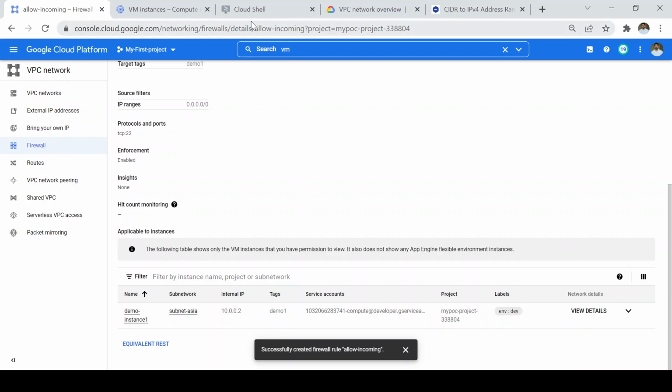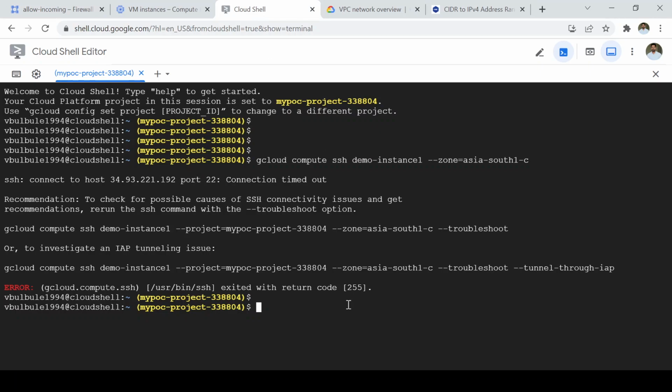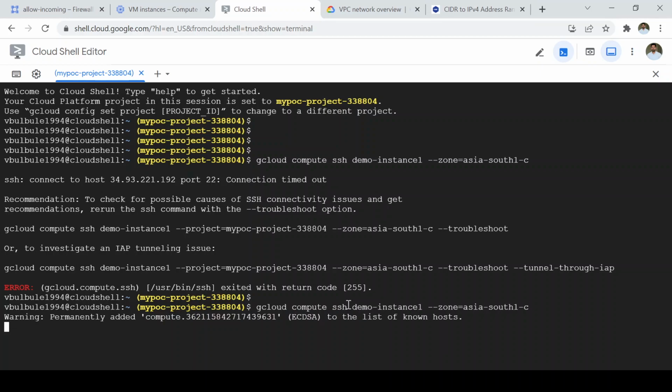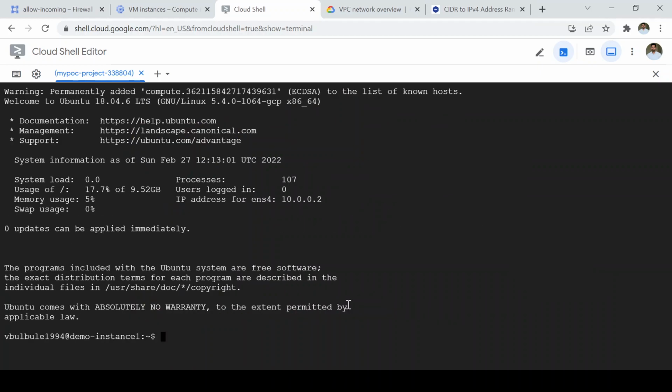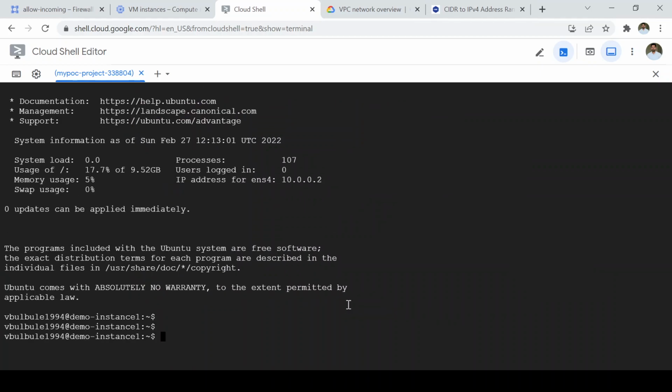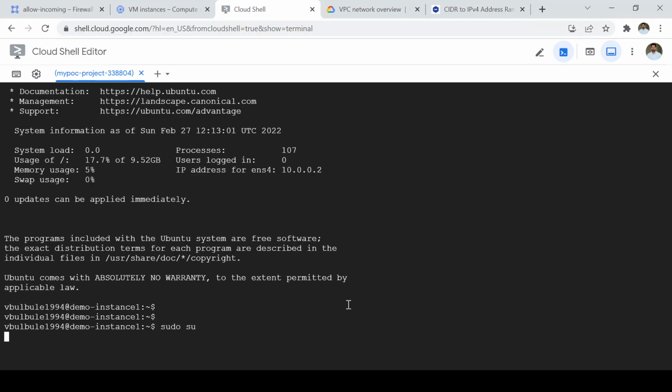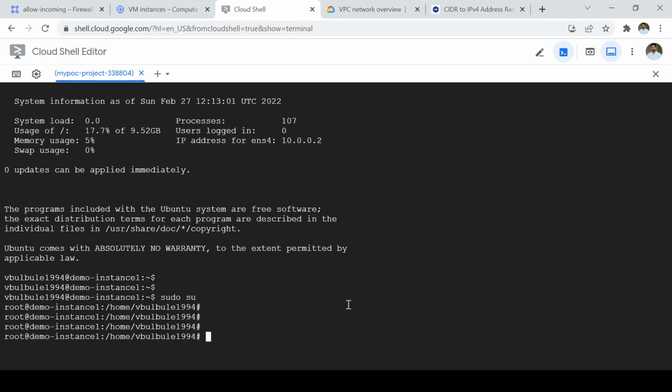So let's go to Cloud Shell again. We were trying to SSH. Now again try to log in here. Earlier we got the error for port 22. Now we try to log in again. Okay, see, we are logged in here. Now we can check with sudo su. So using this firewall we just allowed incoming traffic to the VM instance, and now again we can check the same thing